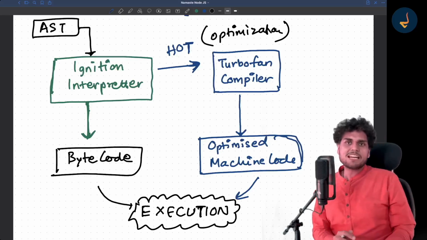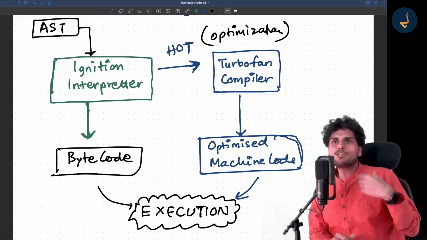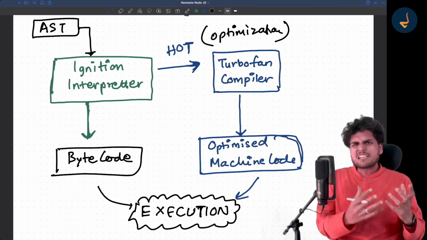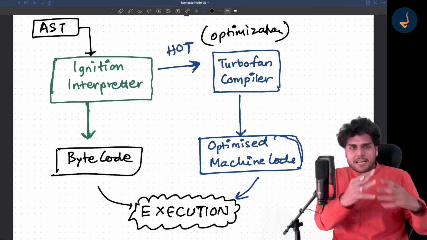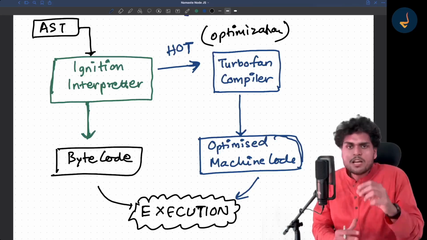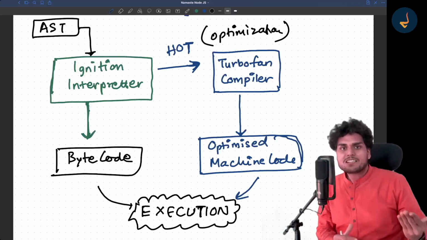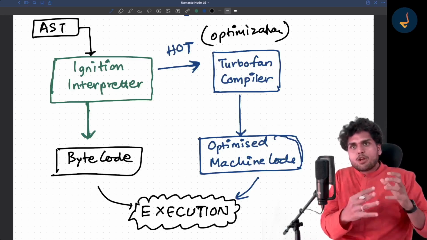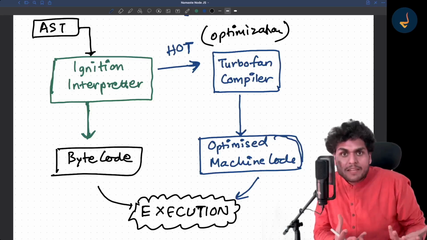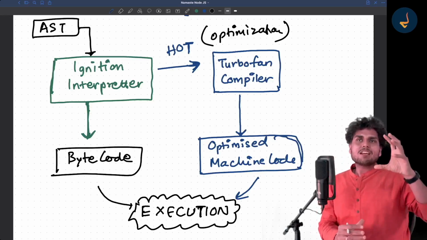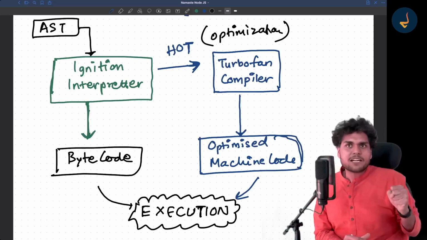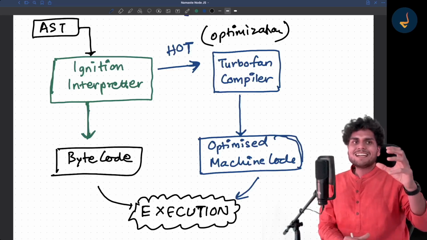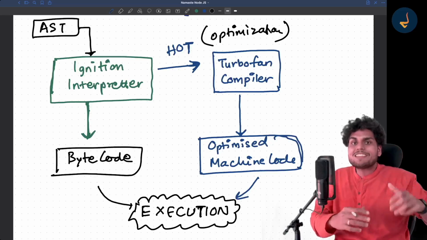Now, suppose there is a function which you are calling again and again. JavaScript will see that, okay, there is a chance that I can improve it. I can compile that code and convert it to machine code so that it runs very fast, right? And that way your code is executed even faster. So basically the major drawback of the interpreter was that it was not able to execute the code that fast.